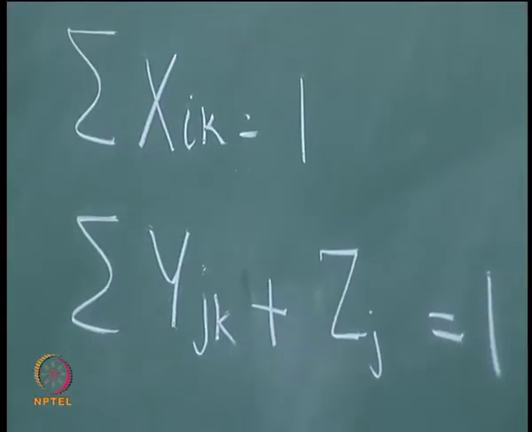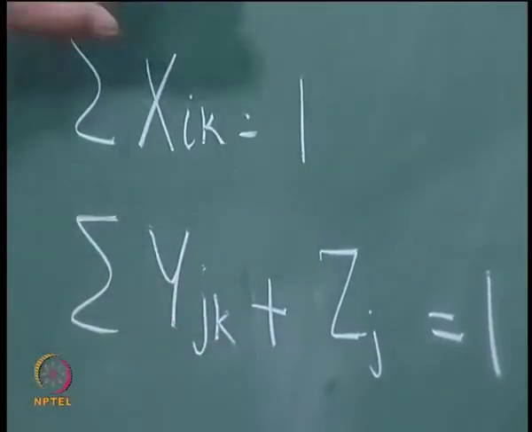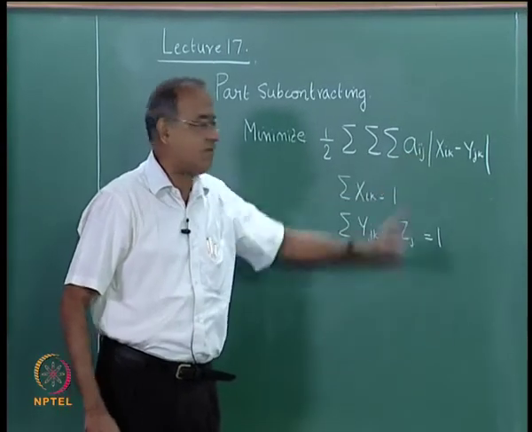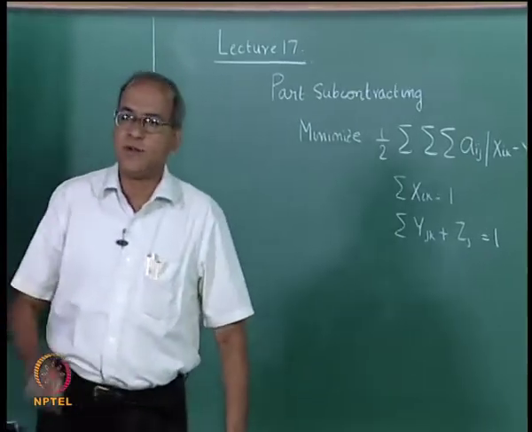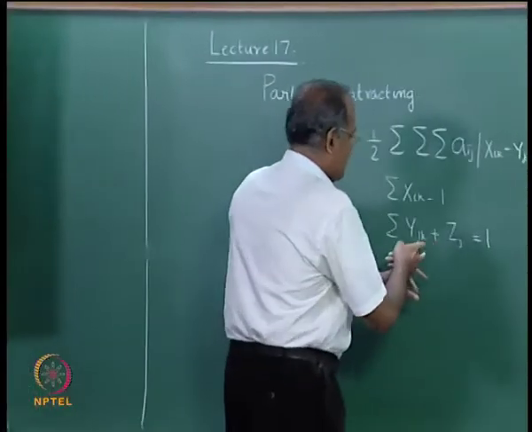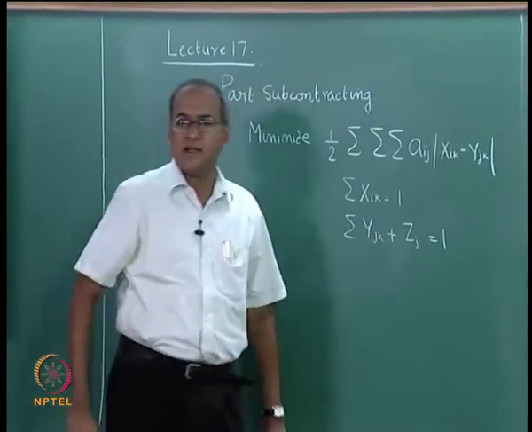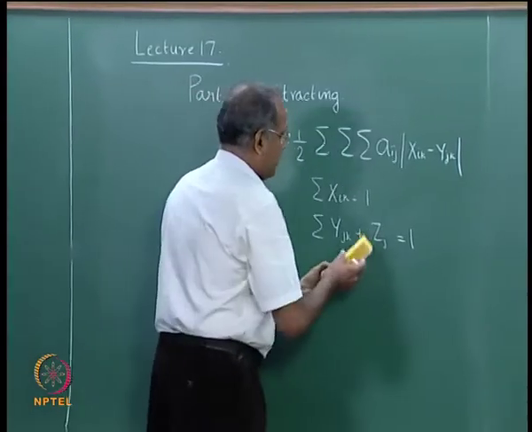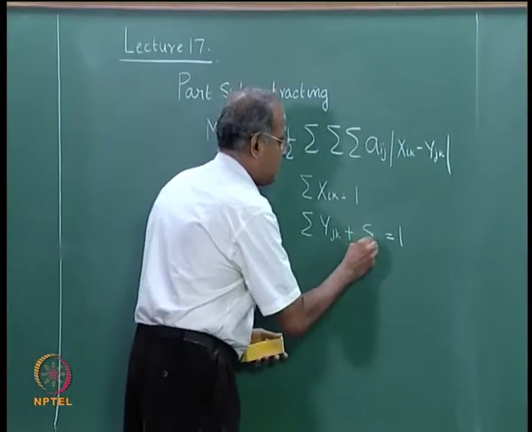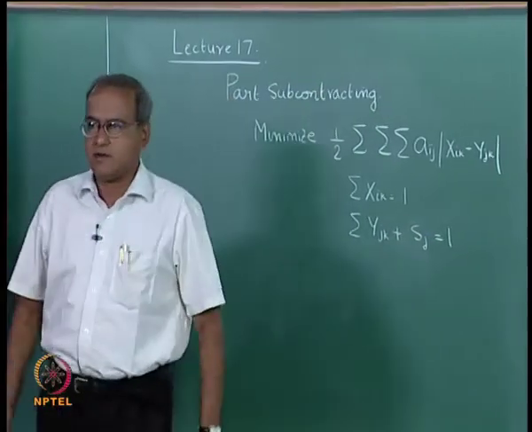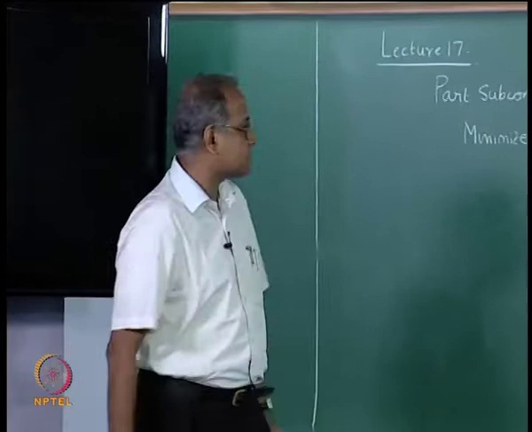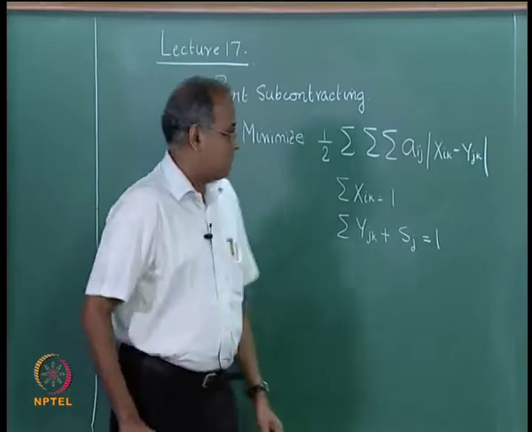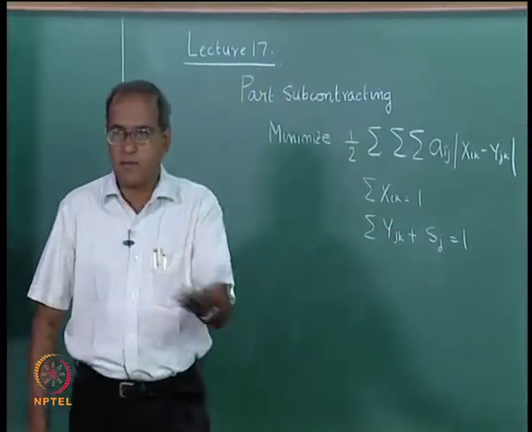We have already used the notation z in an earlier lecture when we linearize this absolute value term. So, now if we do this, we have to use a different notation other than z to linearize, because we have used z here, and this z should not be confused with the other z that can happen when you linearize. Or we could even say S j equal to 1 if part j is subcontracted, representing S for subcontracting. Again x I j, x I k, y j k are binary.